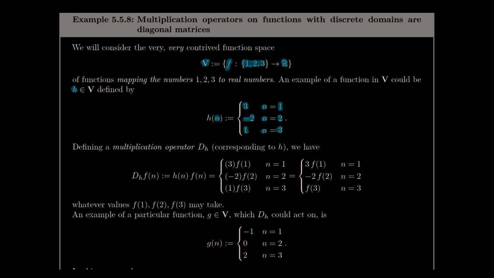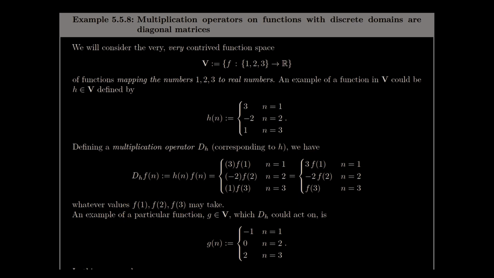So this is a perfectly allowable function in V, and we're going to define a multiplication operator, D sub h, corresponding to this particular function. We're going to act it on an arbitrary function. So by definition, the multiplication operator has to multiply f by h, which means it multiplies whatever number f1 takes, whatever number f2 takes, whatever number f3 takes, it exactly gets multiplied by the value of h. So h is just going to multiply f1, f2, and f3 by its inputs, 3, -2, and 1. And so you can write the operator in image form right there. That's the image of the operator. It's just 3 times f1, -2 times f2, and 1 times f3 for whatever values f1, f2 and f3